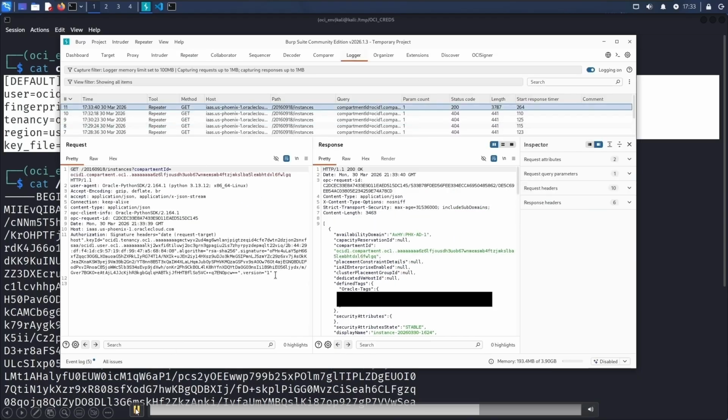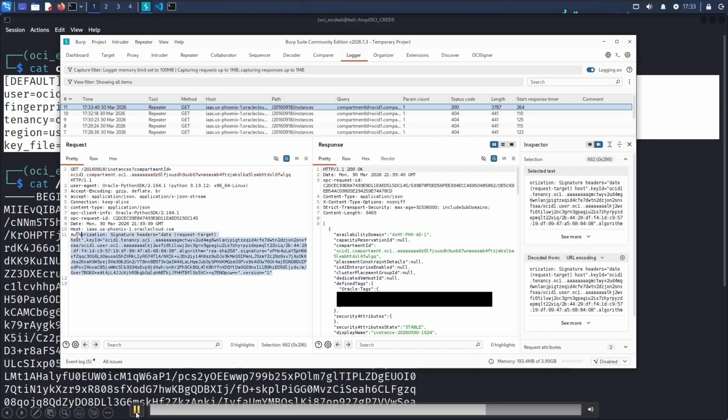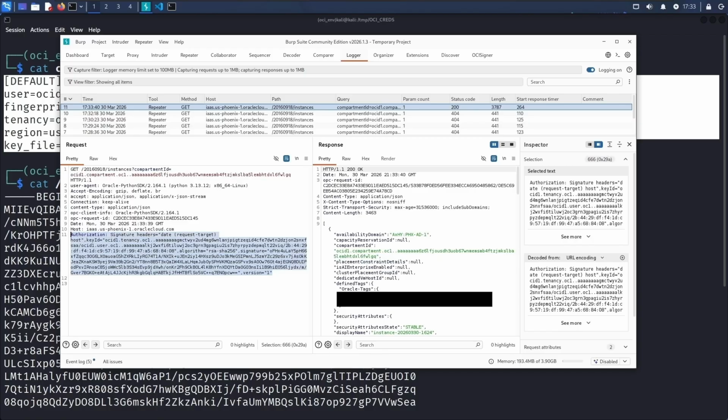If you go to the logger tab, and so here's the request, right? The logger tab will show the actual HTTP request that got sent out to the server, the kind of post-signed HTTP request. And so you can see our no authorization signature is no longer there. It got replaced with this big signature, the version, all that stuff, which is why we were able to list all the instances. Yep, so listed there.